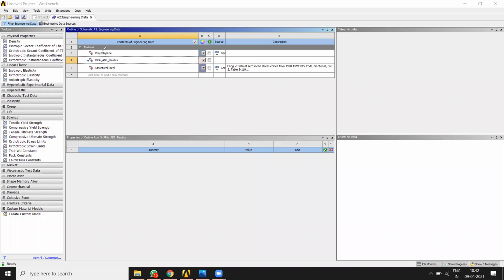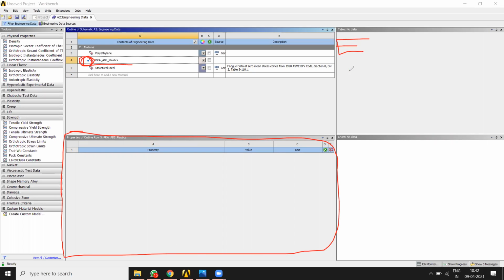One thing you will note, there is a question mark present in front of the name of the material, because currently this material doesn't have any kind of property, it doesn't possess any material property. So that's why there is a question mark. So let's add some material properties like E, mu and sigma y. For static structural analysis we need only E and mu, but add sigma y too. I'll tell you the reason in the later stage when we look into the results. So add these three values from the design data book.